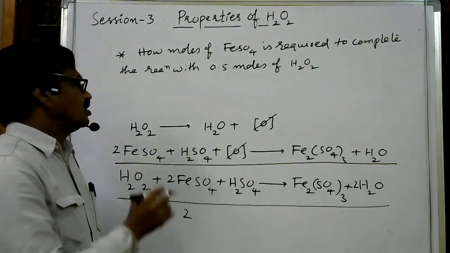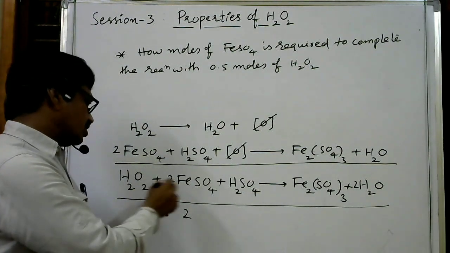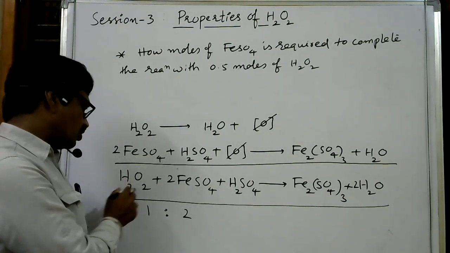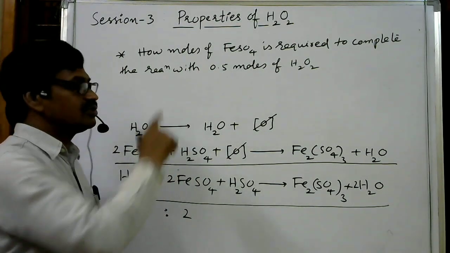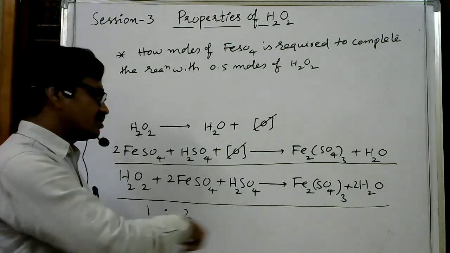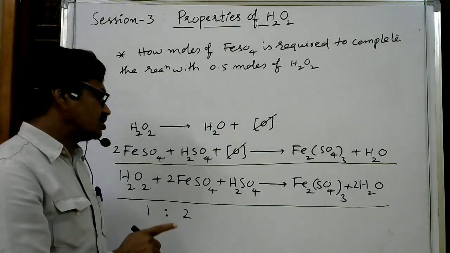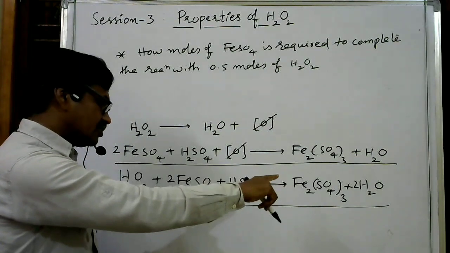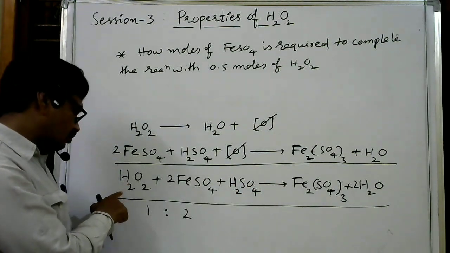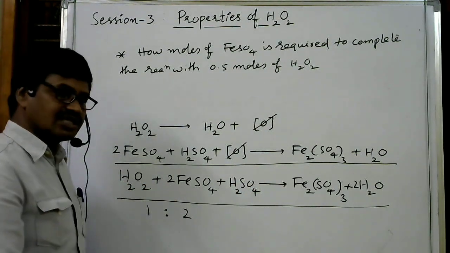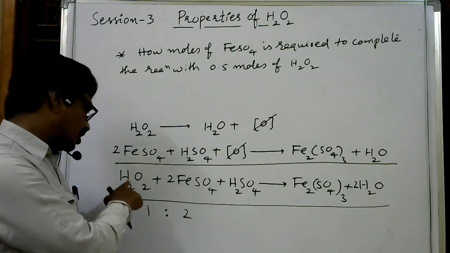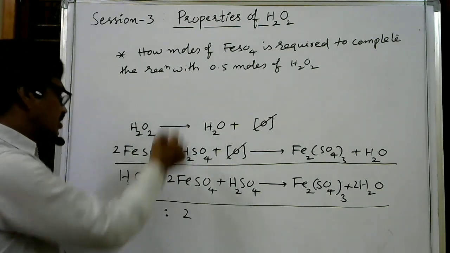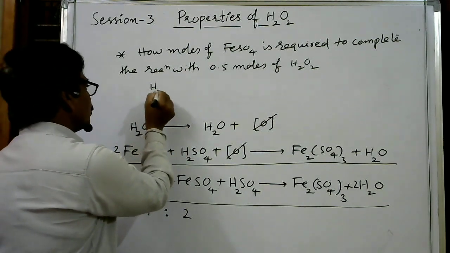So here, first of all, you should know this equation. Without writing this equation, without knowing the number of moles of hydrogen peroxide and ferrous sulfate, it is not possible to do that. So the base is this one. How hydrogen peroxide oxidizes ferrous sulfate in sulfuric acid, that you should know. And after writing the total equation, in that total equation, how many moles of hydrogen peroxide reacted with how many moles of ferrous sulfate, that you should know. So as per this, here I am writing H2O2.